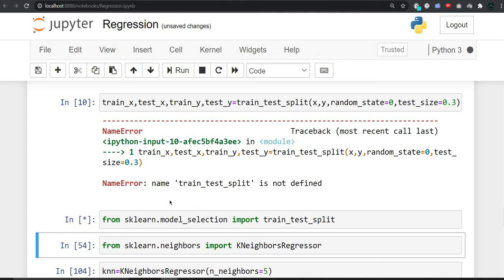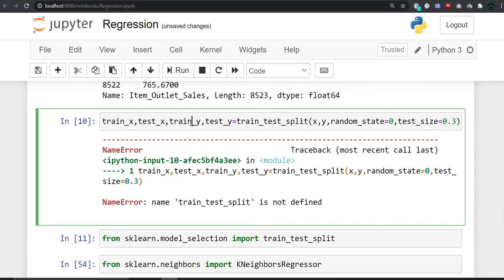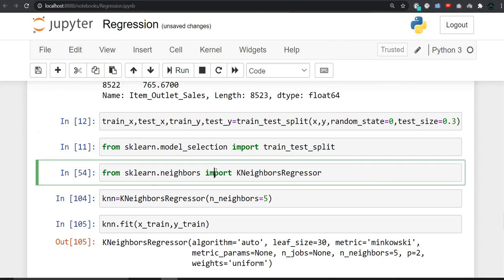So we have executed this cell, and it has been successfully executed. Now if we run this, then this will work. You can see that it has worked fine. After that, since we have to work with KNN regression, since we are dealing with a regression problem where we are finding sales, we will now import the KNN regressor from sklearn.